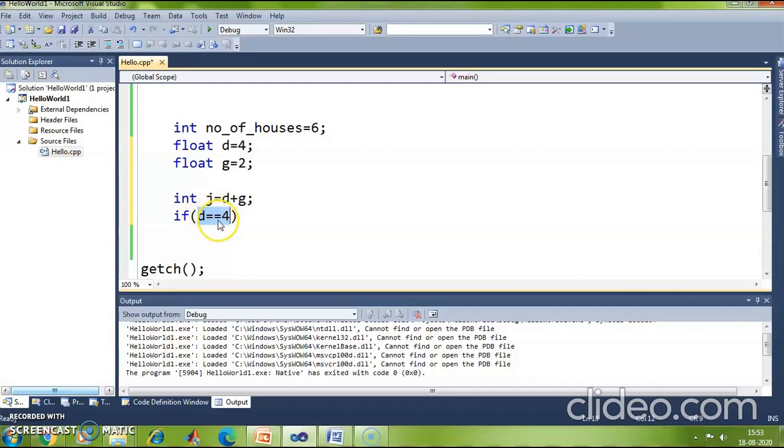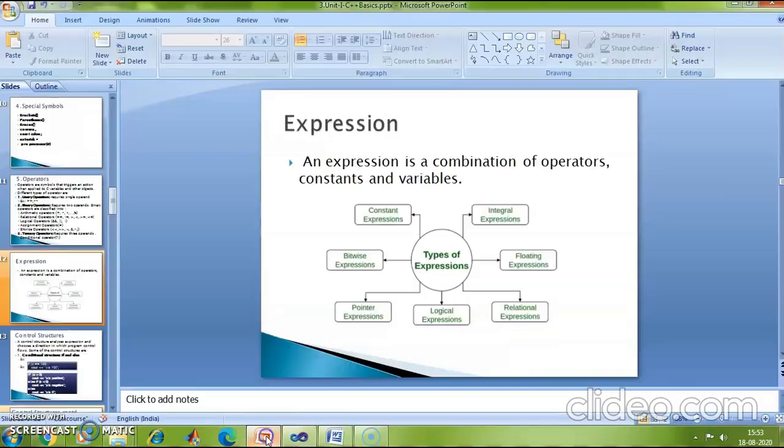Relational operator equal to, and there are operands also. Which are the operands here? D and 4. I have involved a constant 4 as well as a variable d. So such type of expressions are called relational expressions.